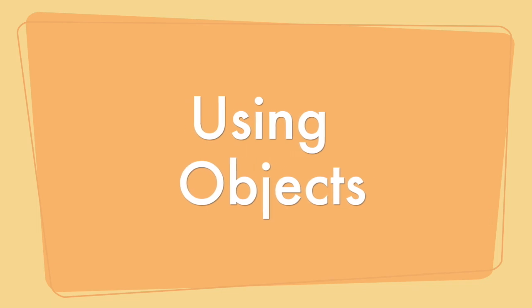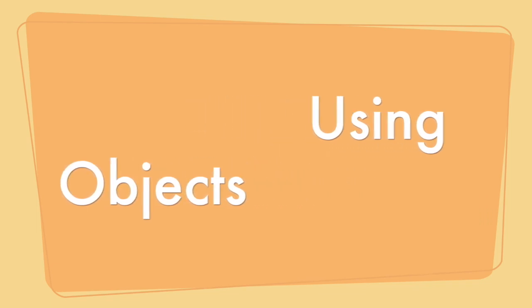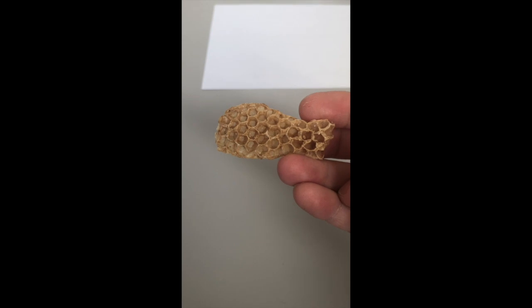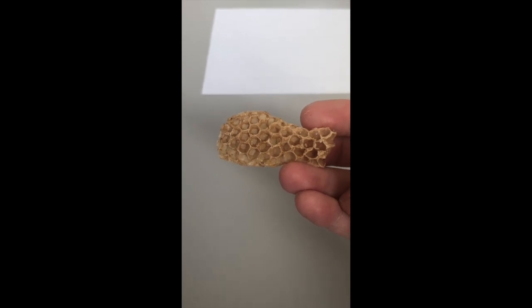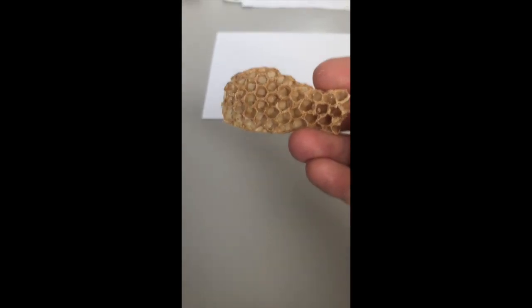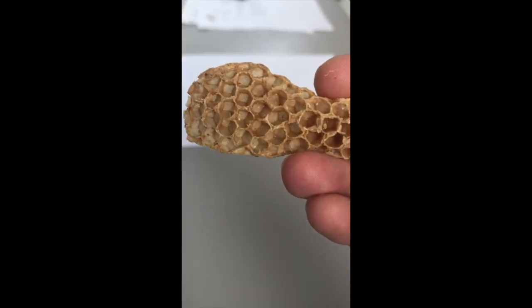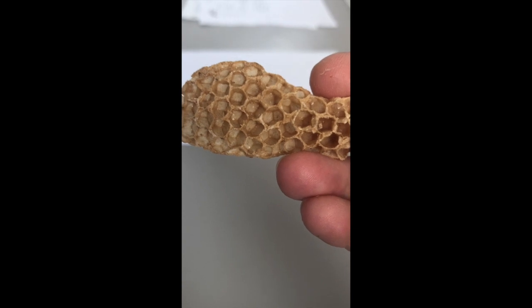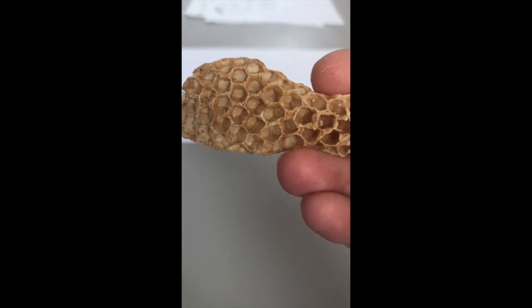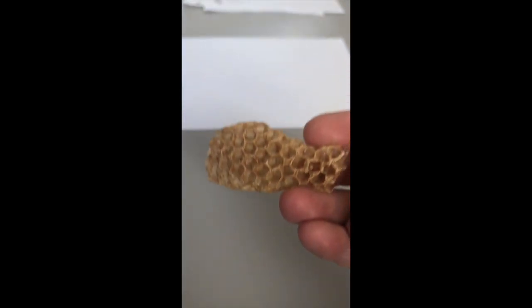I am going to be showing you some tips and techniques to make a symbolic object that represents a prayer at this unique time in our history. To demonstrate how to use an object as a symbolic work of art, I am going to show you what you can do with something like a piece of honeycomb. Honeycomb is often used as a symbol of community because of all of the little cells in this amazing structure that is built by bees.